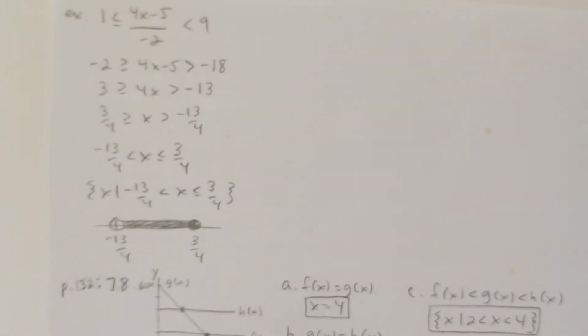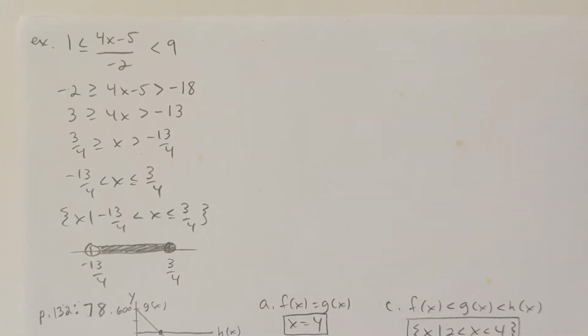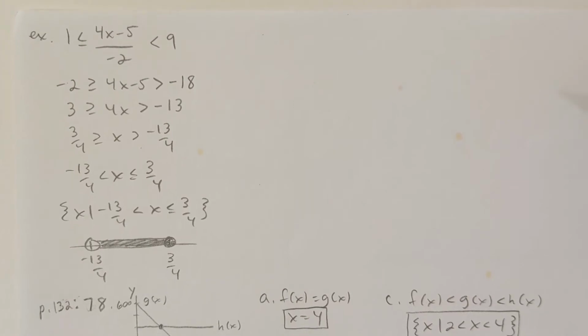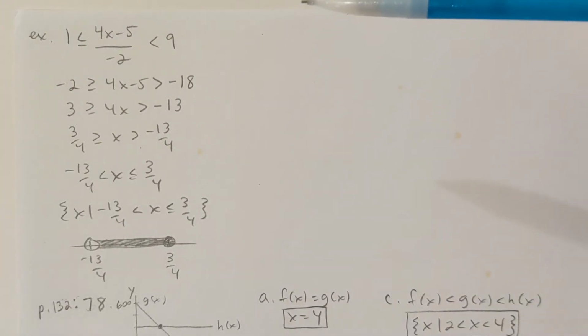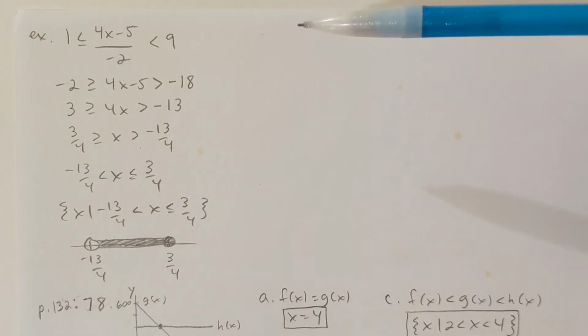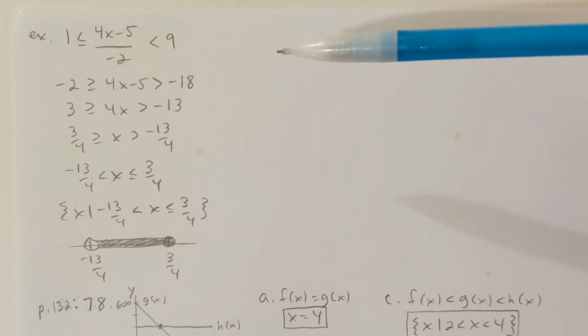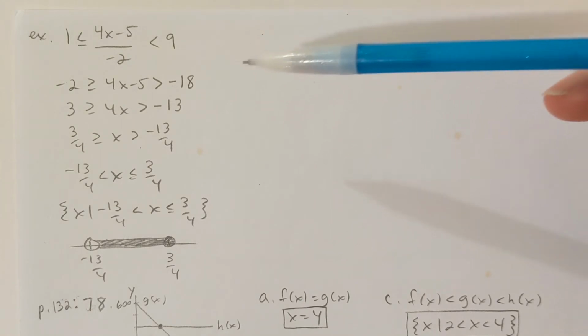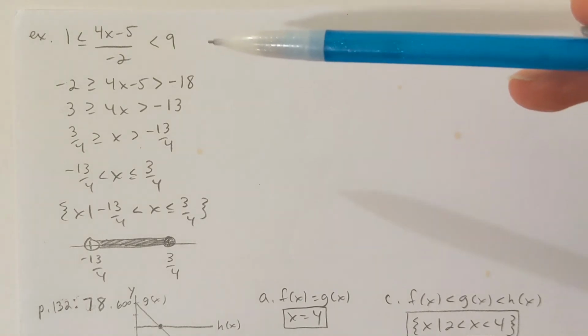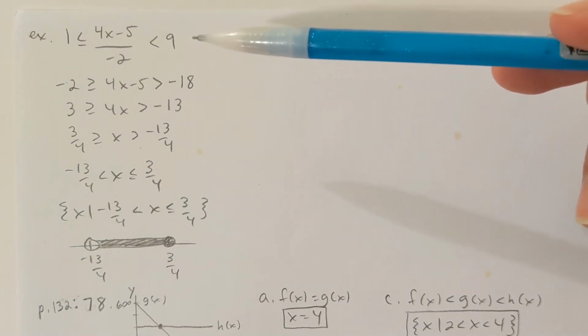You don't have to split a compound inequality if you don't want. I'm only doing that there just to emphasize the rule. Suppose that 1 is less than or equal to 4x minus 5 less than or equal to -2 less than 9. If I multiply both sides by -2,